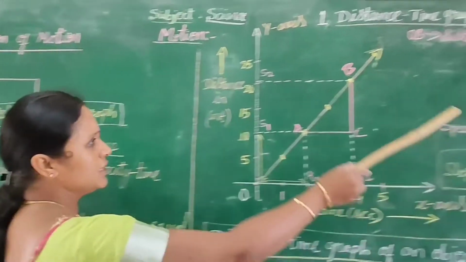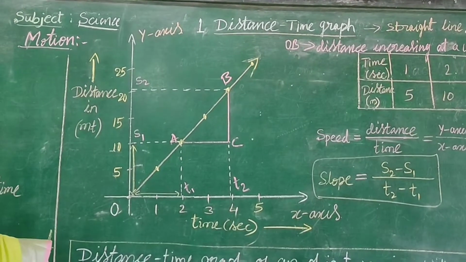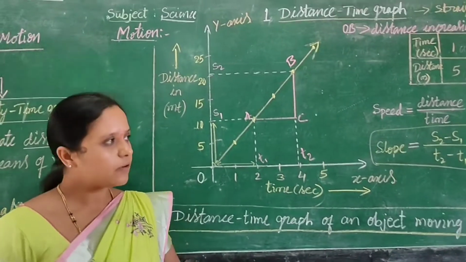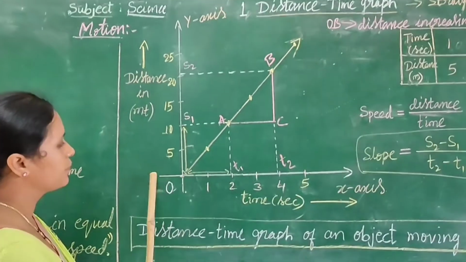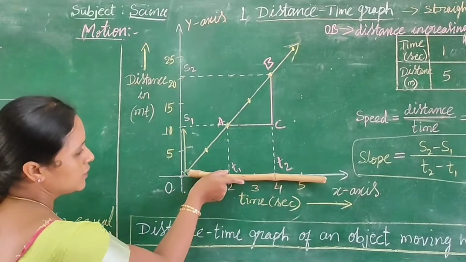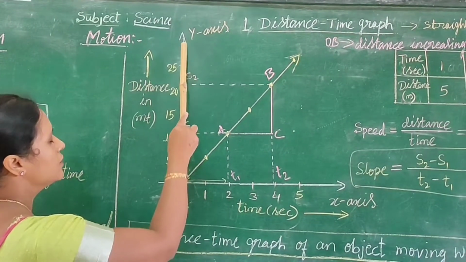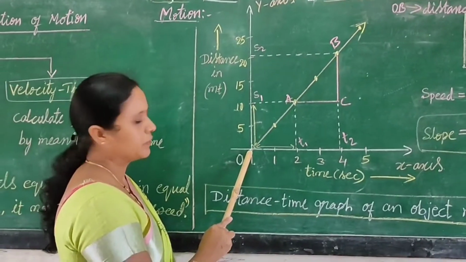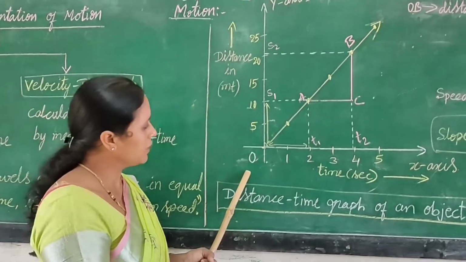Students, now we can draw the graph. How to draw the graph? Students, you know how to draw the graph in mathematics. So before going to the graph, first we draw two perpendicular lines. See here, this is one line, this is another line. This horizontal line is called the x-axis and this vertical line is called the y-axis. These two lines are perpendicular to each other and intersect at point O. So O is called the origin, otherwise it is called the starting point or reference point.